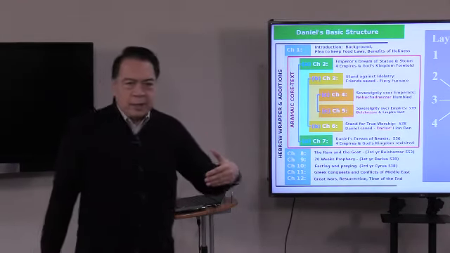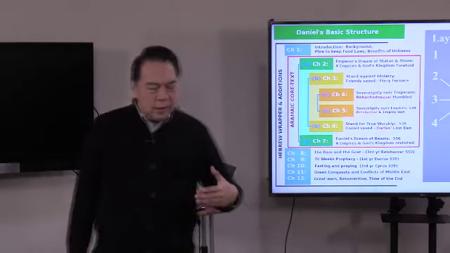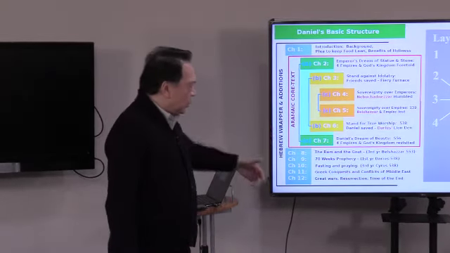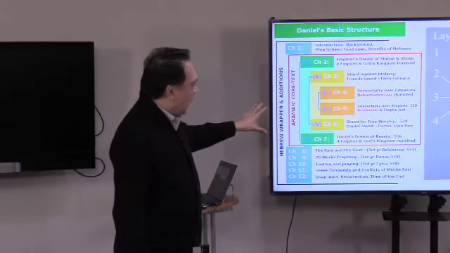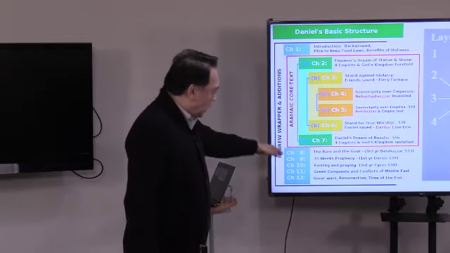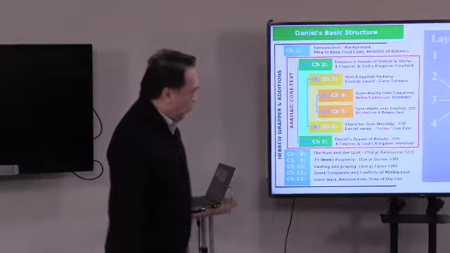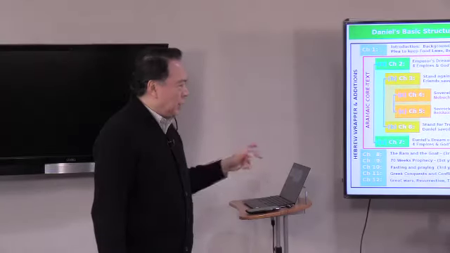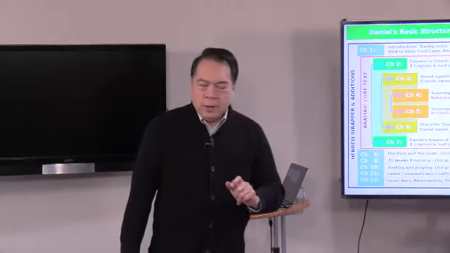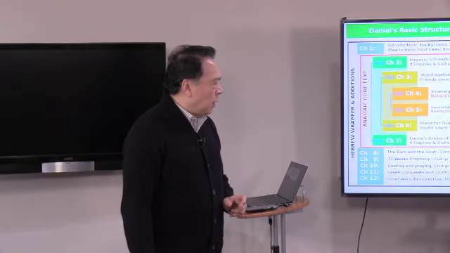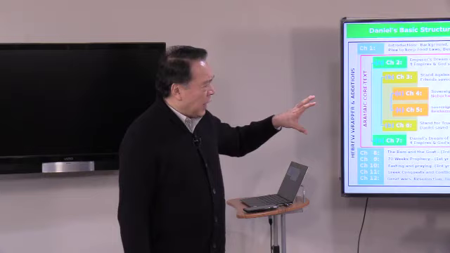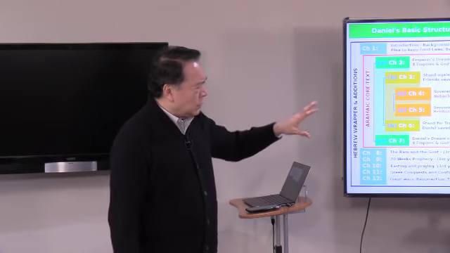Aramaic, again, is like the English language today, which is more international. So this was meant for a global application. And chapters 1 and 8 to 12 were written in Hebrew, basically because it was meant for the Jewish people specifically. So with that bird's eye view, we go into the layout of Daniel's chapters.